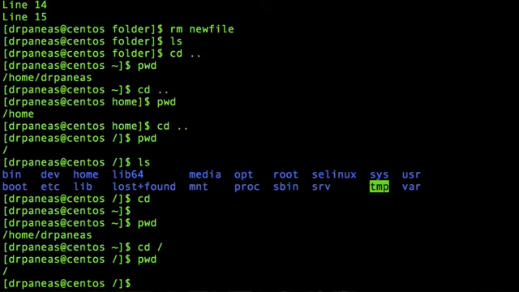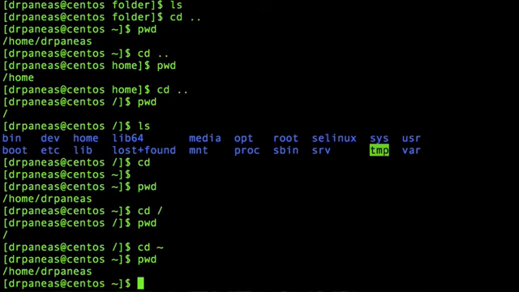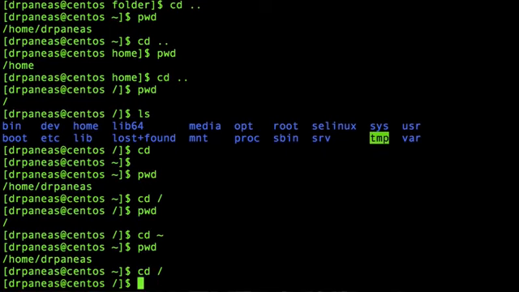Another way to go quickly into your home directory is using cd and the tilde, I don't know how it is pronounced, right? And press enter. As you can see here, I am again inside /home/drpaneas, my home directory. Let's go back and show you the third way, which is the most